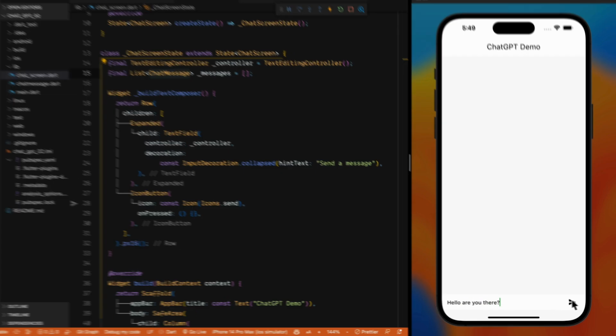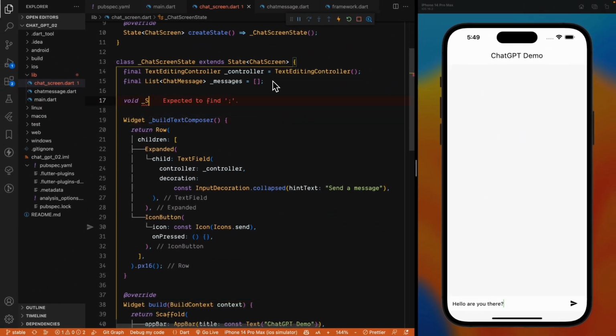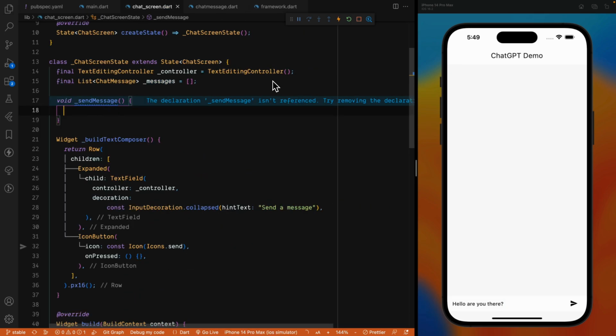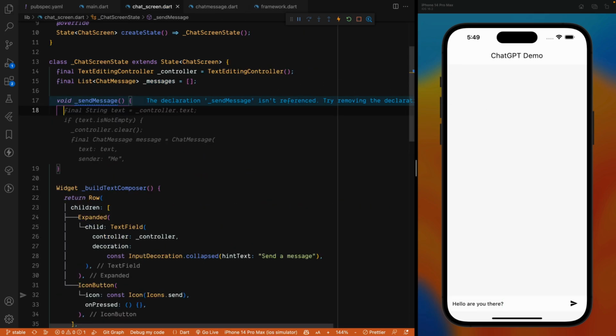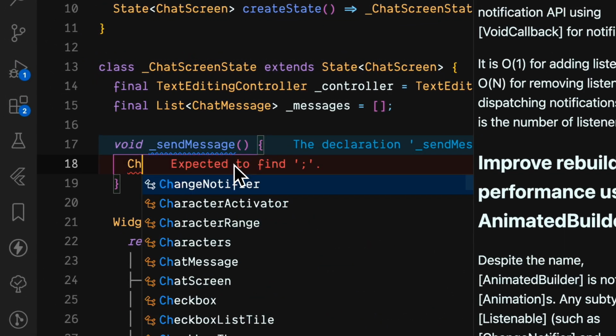And if I click on the send button, nothing happens. So for that, I will have to create a new function, a new method, let's say send message. Inside that I can write some logic which will do something, right? So send message will do what? First of all, it will insert some message, right? I have created a chat message, so what I'm gonna do, I'll say chat message